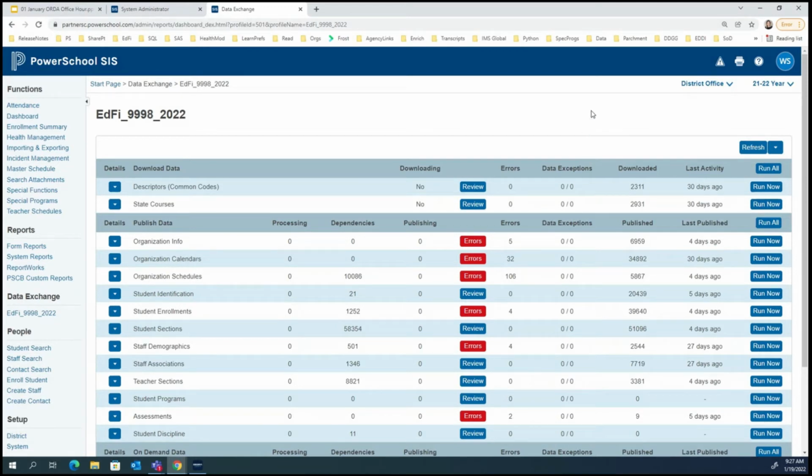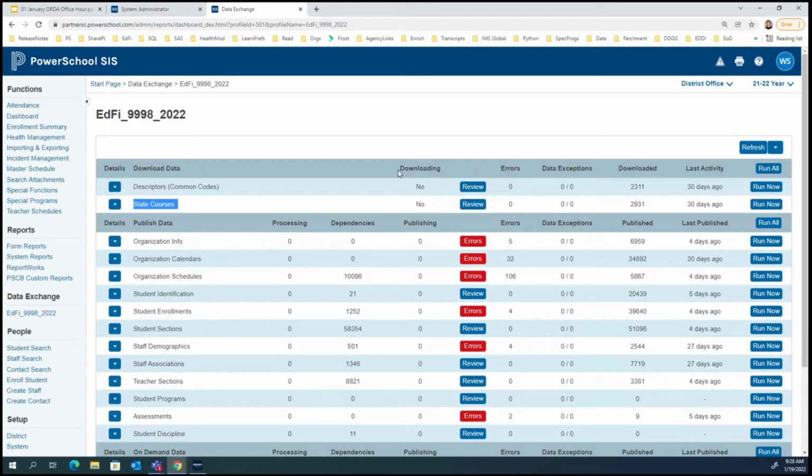And the same thing with the state courses, right? We've got a common set of courses across the state, and we load those into an ODS. When you click that download button or the Run Now button over there, it downloads them into your PowerSchool instance and does a check before the data's moved to the ODS.